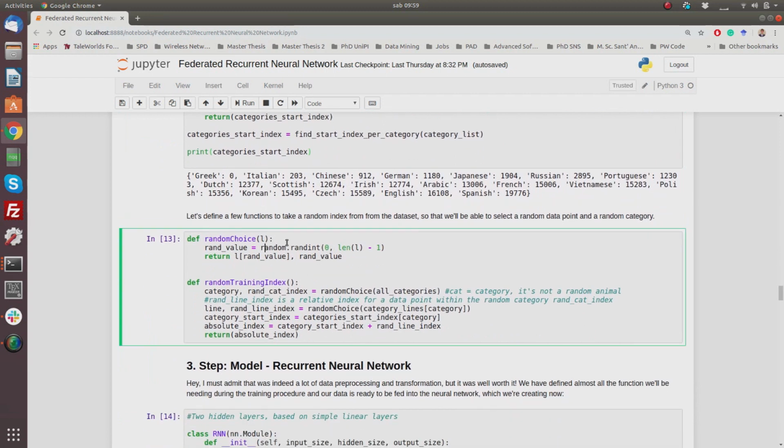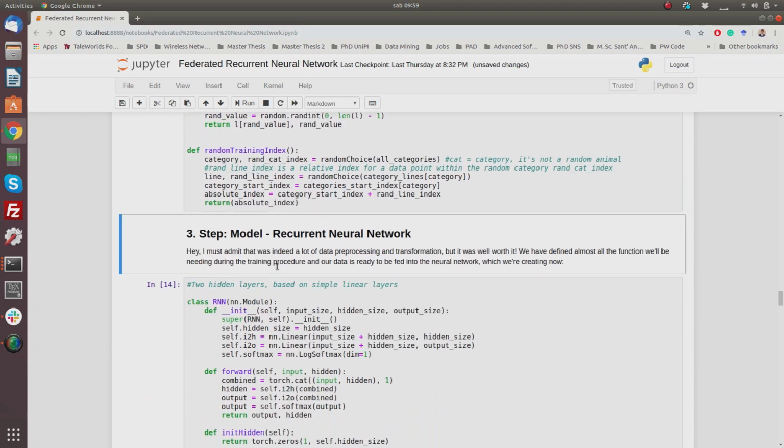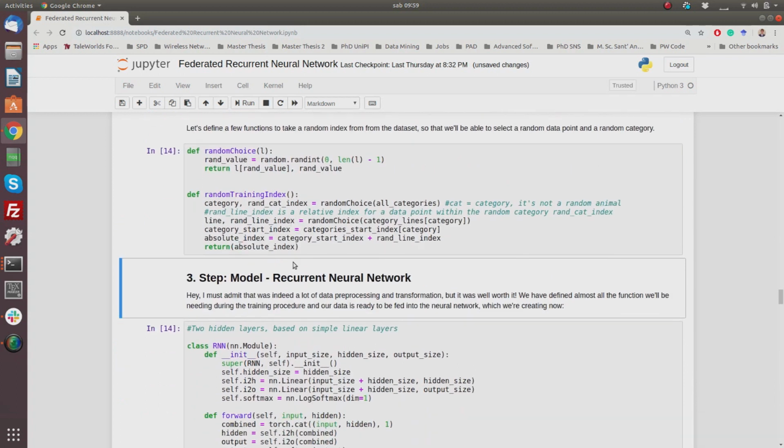And this is just defining a couple of functions for taking a random category index, randcat index, which doesn't stand for cat, it's just a category index, and then based on that category, taking a data point from that very category. All right, that was the hardest part, I will say. As you know, like 60–70% of the time is actually spent on the data preparation and transformation